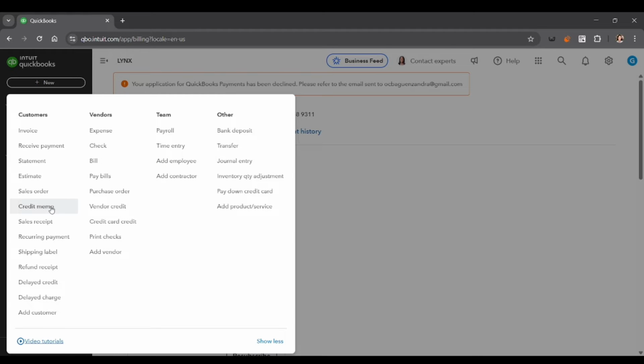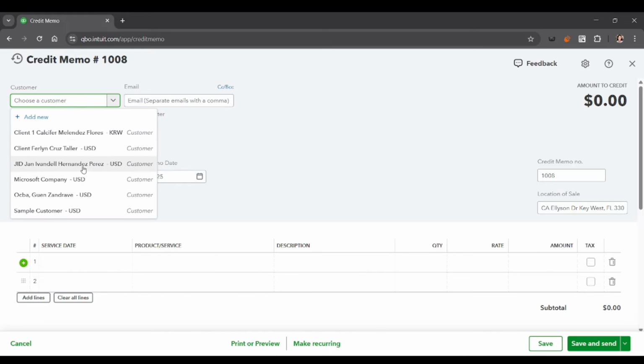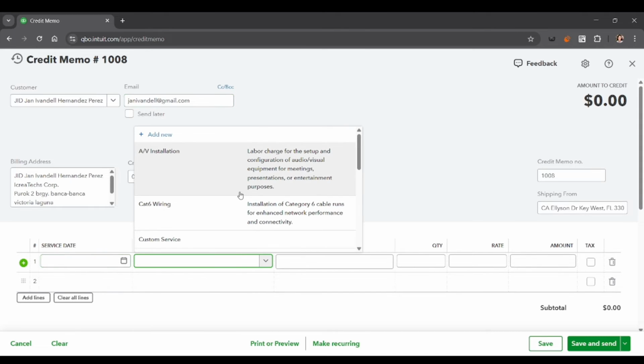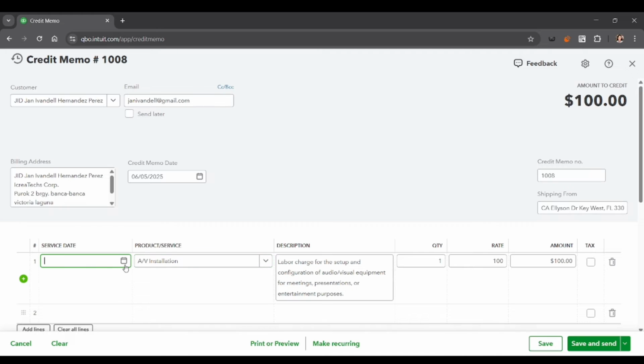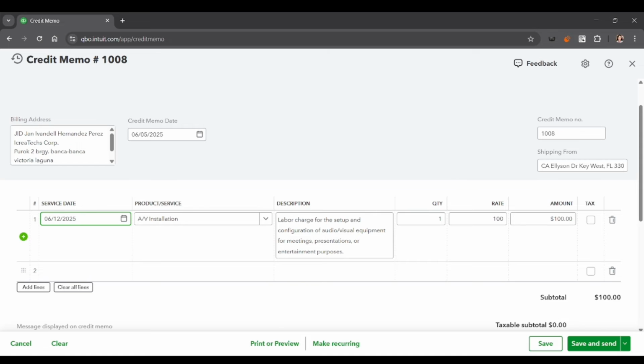So in here, select the customer's name you want to issue a credit to, and then enter the credit details such as the date, product or service quantity, and the amount you're crediting. You can also add a note or memo to explain the reason for the credit, like a return, overcharge, or service issue. So when done, click Save and Close or Save and Send to email it directly to the